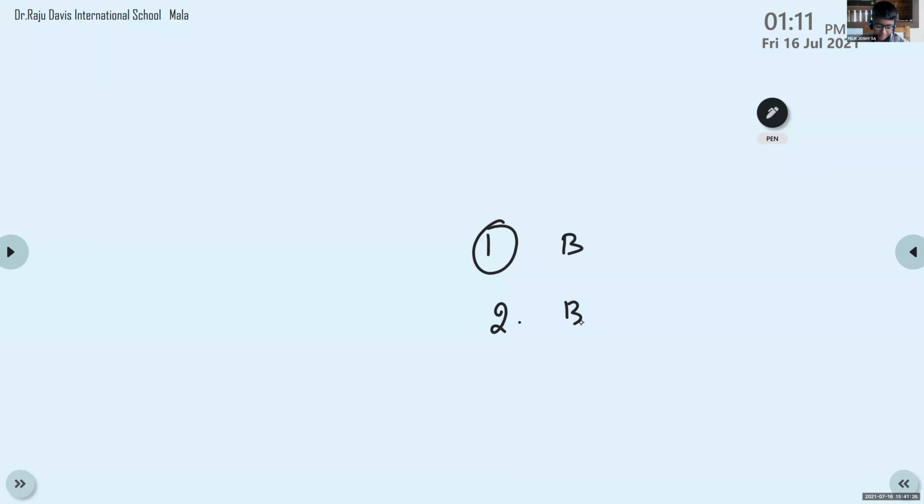Ma'am, option A is also correct, but I don't know why this one shape is different. I think it is because one is in this order and the other one is in reverse order. One is facing the right side, the other is facing the left. Which letter is symmetrical among the given letters? The answer is option B, C.